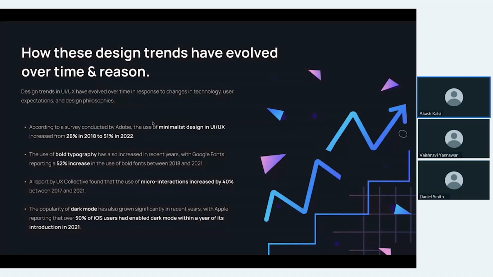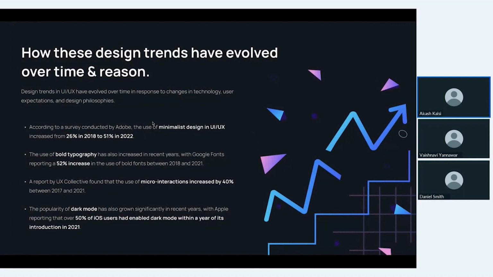Also, the use of bold typography is a unique and very effective design technique, I would say, that can help to improve the readability, hierarchy, and visual interest of a design for users. So with the growing popularity of these minimal designs and the availability of these high quality fonts, we will continue to see more and more bold typography in the coming years, that's for sure.